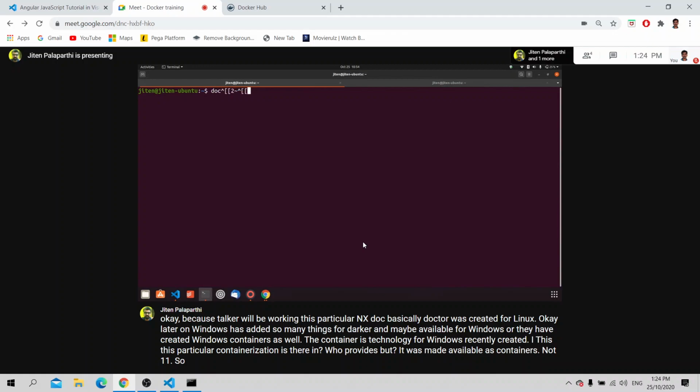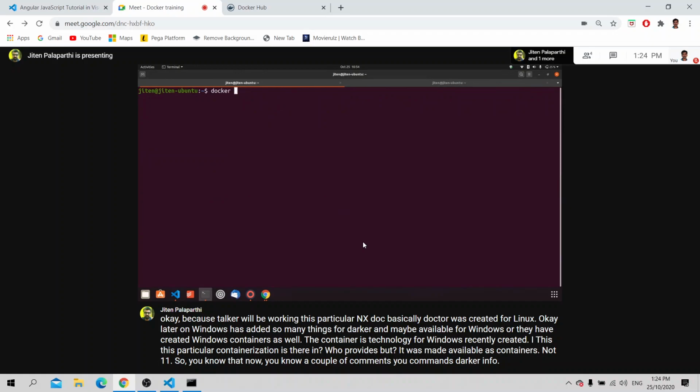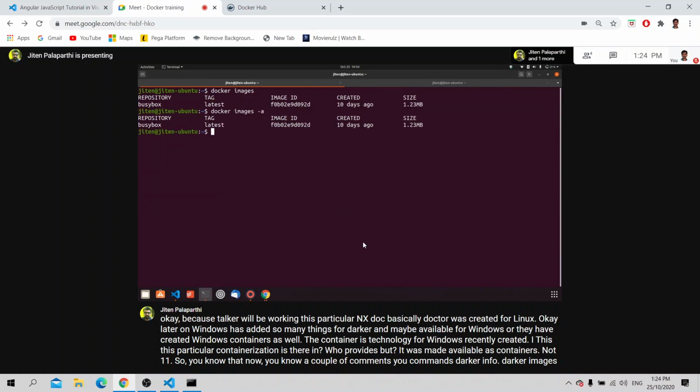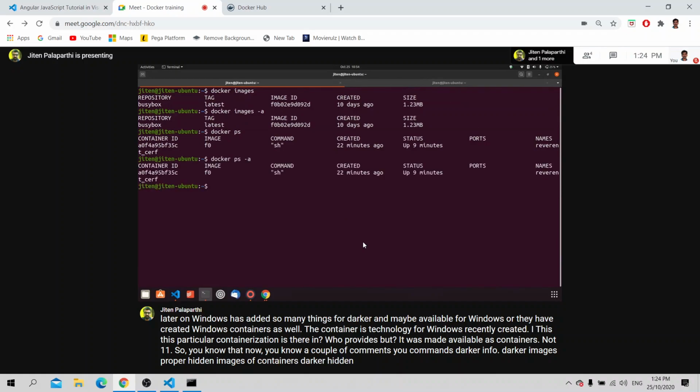So now you know a few commands: docker info, docker images, docker ps, docker ps -a, and docker inspect.